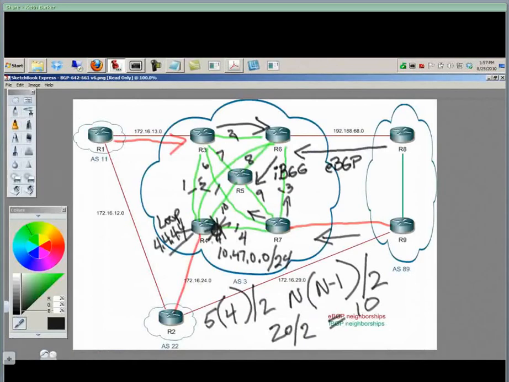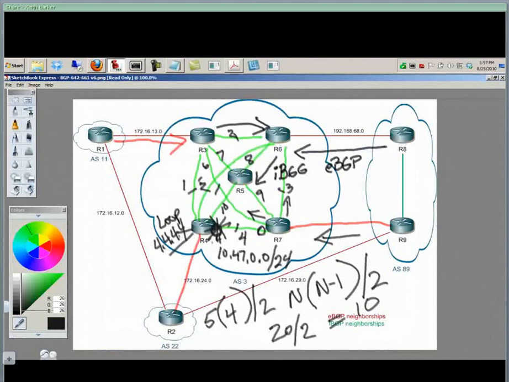Otherwise, if R7 is configured to peer with 4.4.4.4, and R4 is configured to peer with 7.7.7.7, by default both those devices are sourcing their BGP sessions from the closest interface based on the routing table. So whichever interface R7 is going to use to actually reach the 4.4.4.4 network, by default that's going to be his source. So by using the update source command, you're simply telling it to source the BGP session